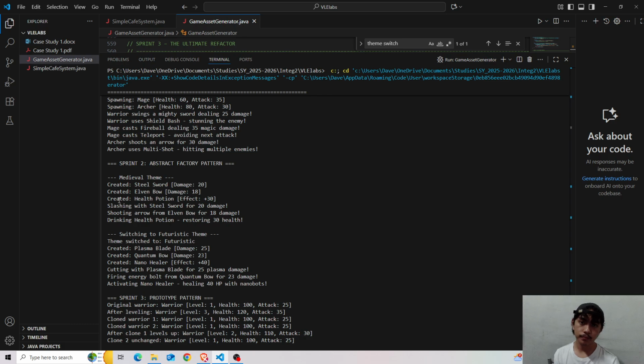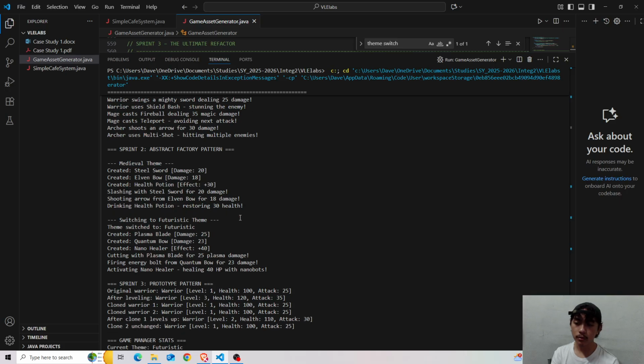These are the use styles of each weapon and potion: slashing with the steel sword, shooting an arrow from the elven bow, then drinking the health potion.